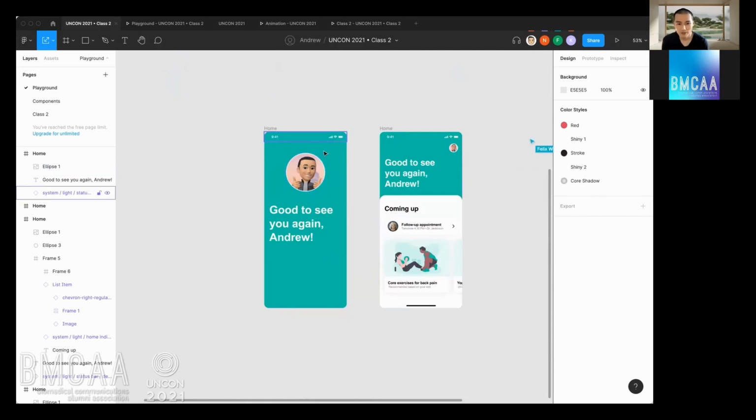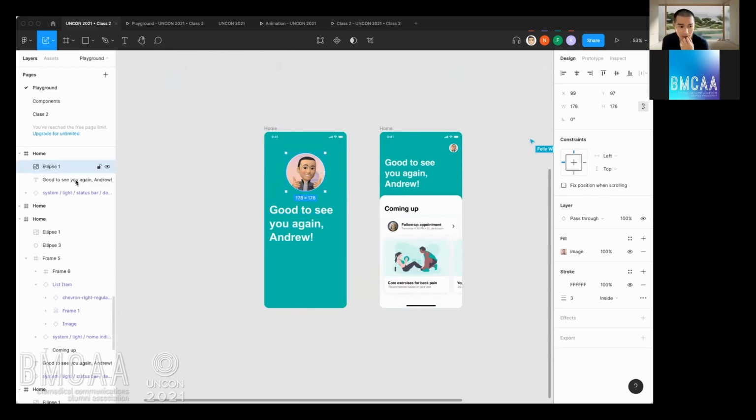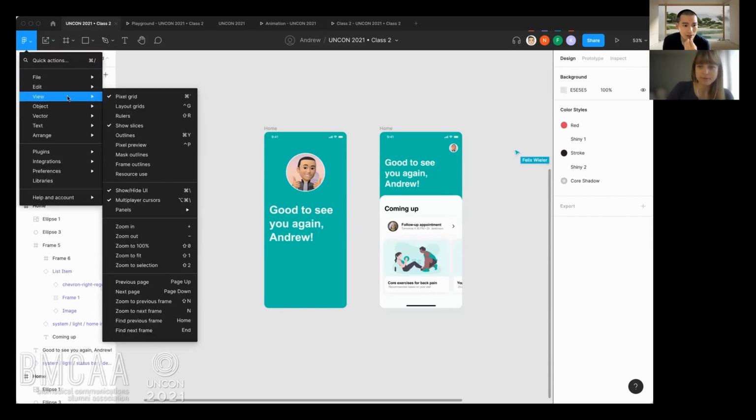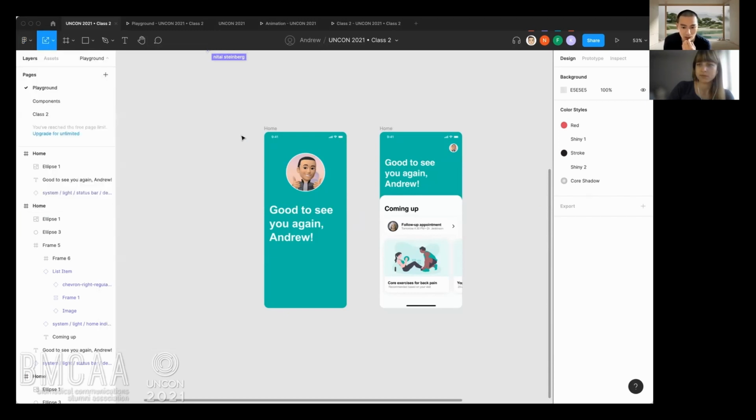Yeah, so now we have two different screens, but with the same element. If you look on the left side, I have my image as an ellipse here, and this one over here is also an ellipse. I think, okay, still having trouble. You can also go to the View menu and uncheck the layout grids if you're still having trouble with the grid. But yeah, so now that we have these two screens, we can go to the prototype mode